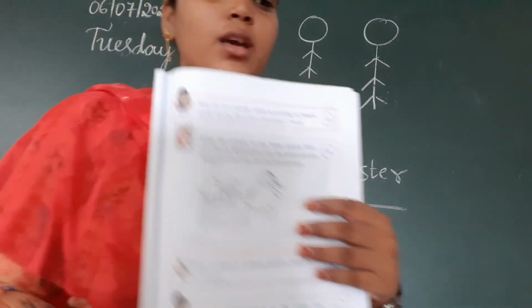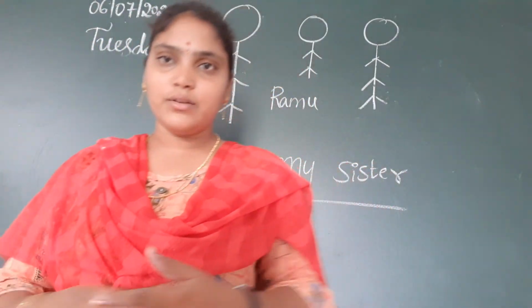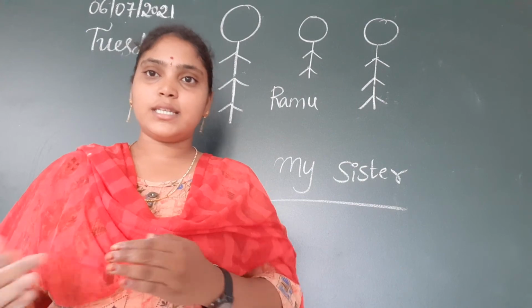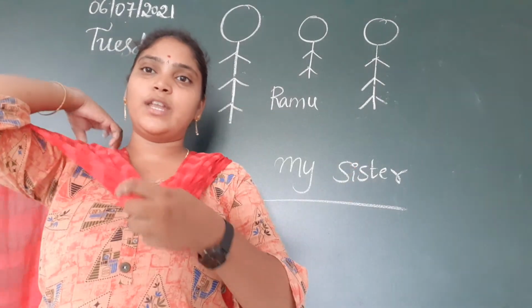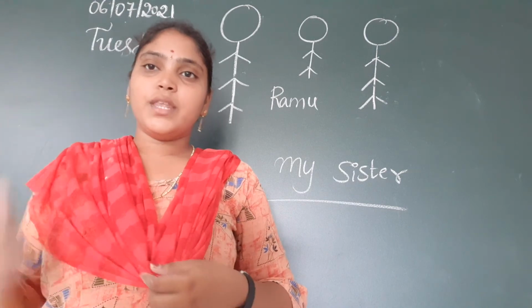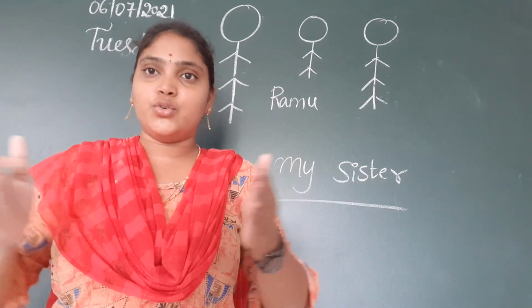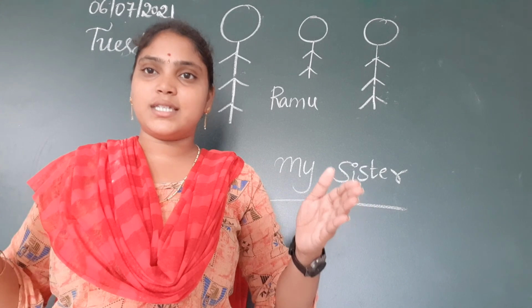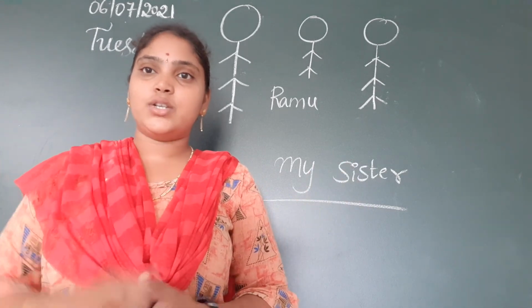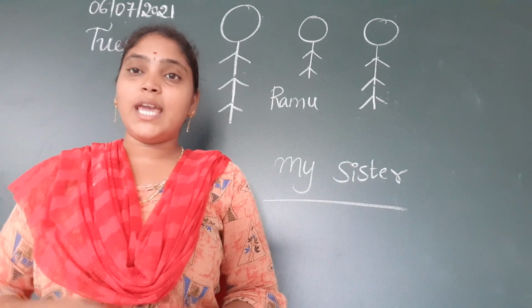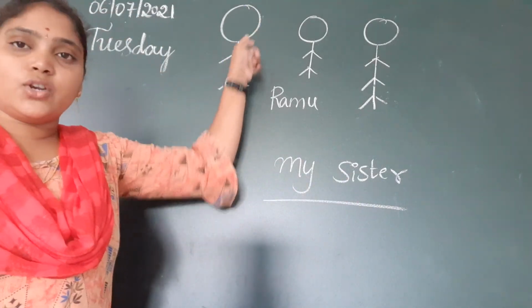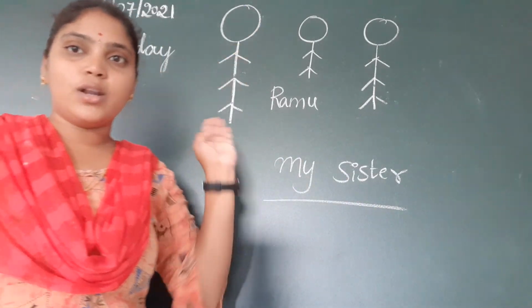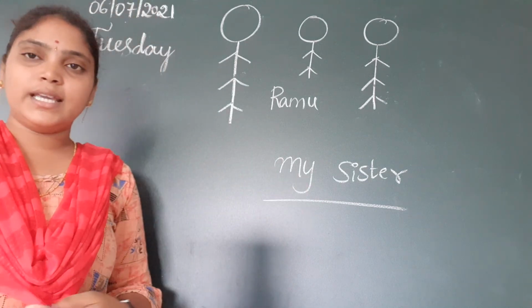1.10 is homework. So in today's class we have discussed the difference between taller and longer. When we measure the length this way, we use longer and shorter. When we measure the height, here this is height now, children, that's why we use taller and shorter. Okay, is this clear everyone?